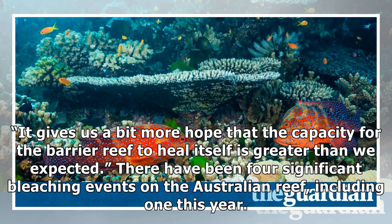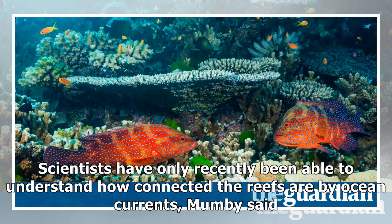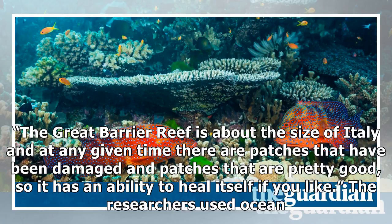It gives us a bit more hope that the capacity for the barrier reef to heal itself is greater than we expected. There have been 4 significant bleaching events on the Australian reef, including one this year. The longest and worst for the Great Barrier Reef was in 2016, when bleaching caused by climate change ate almost 25% of the reef. Scientists have only recently been able to understand how connected the reefs are by ocean currents, Mumby said. The Great Barrier Reef is about the size of Italy, and at any given time there are patches